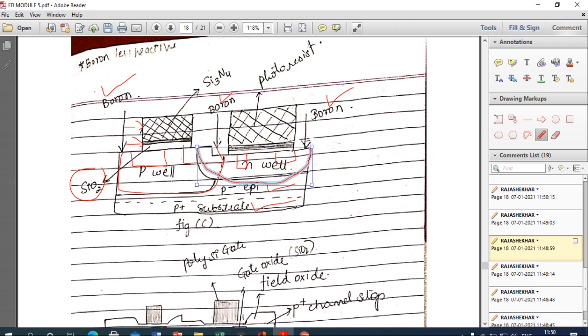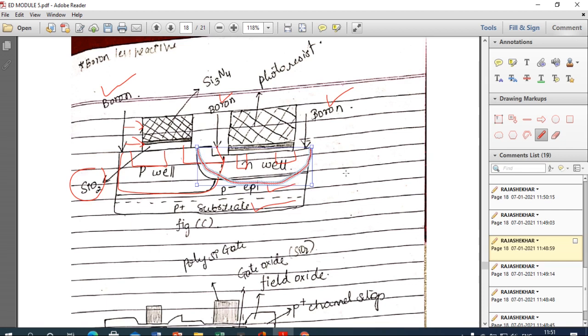So three edges are created using boron. We can also choose phosphorus. Any one semiconductor will do, just to create the edge that will separate one complete CMOS structure from another CMOS structure. Because of that, we have doped boron here.